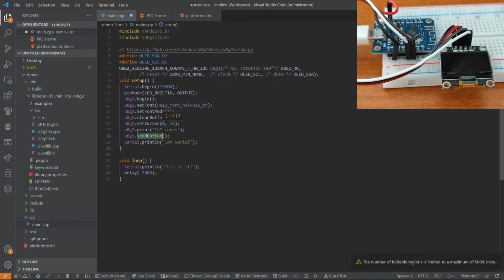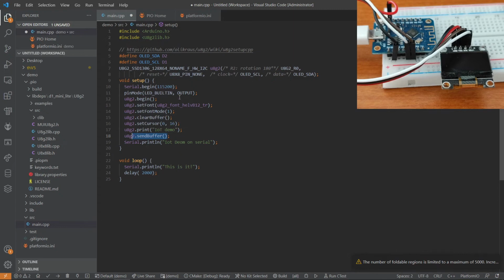So first of all, we go to X0 and Y16, and then we will write IoT demo. So this will be written in the memory, sent to the buffer, so it will be displayed on the screen,